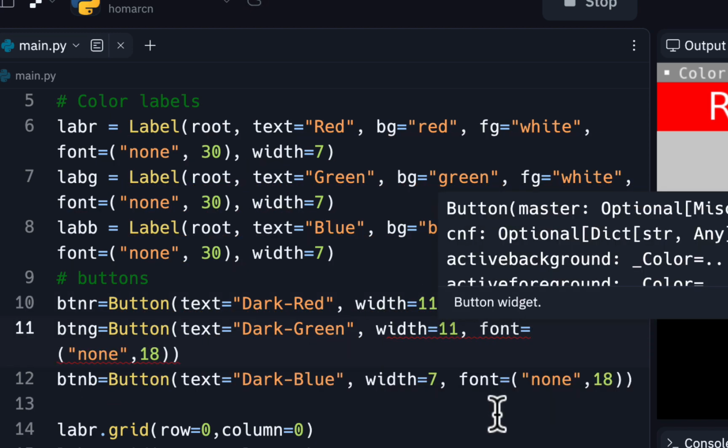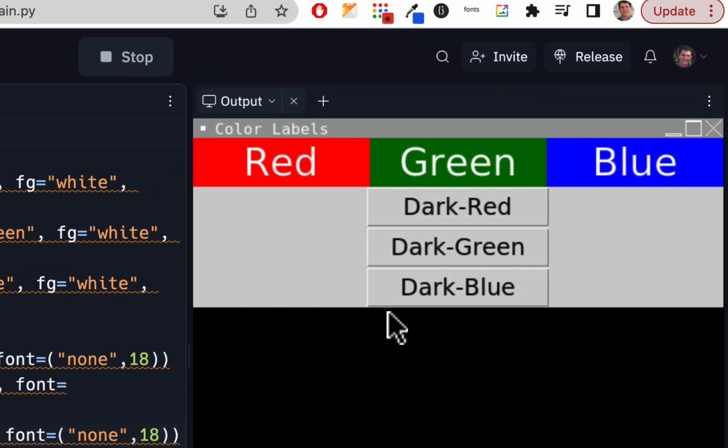Don't forget your equals in there. There we go. And that actually works out pretty good. So that's a nice size. And notice it does have like a rollover state, so you don't have to do a lot with the buttons. They look like buttons. Now what we want to do is actually click on a button and make that change